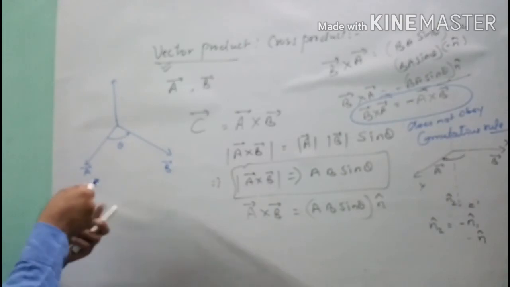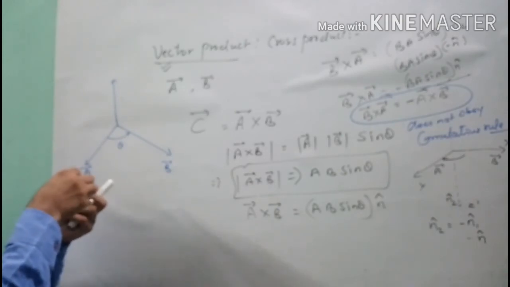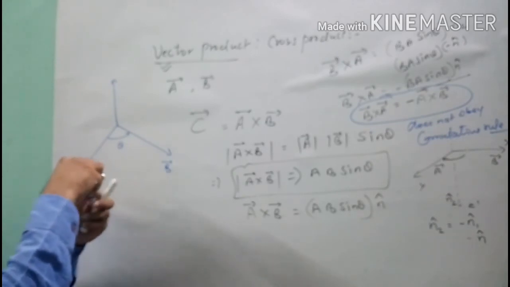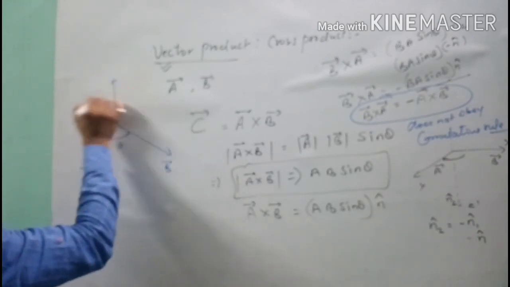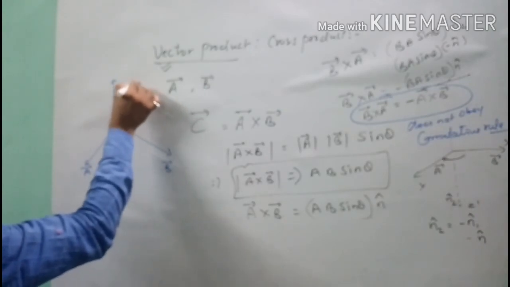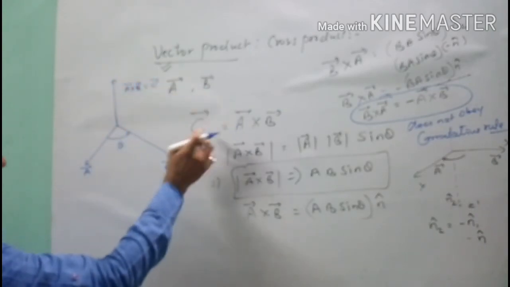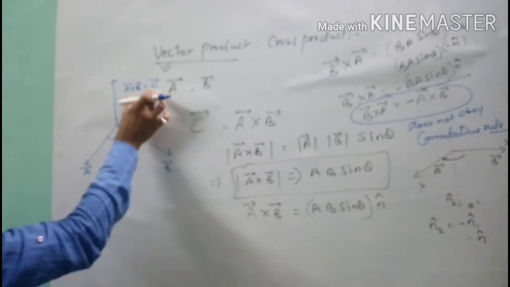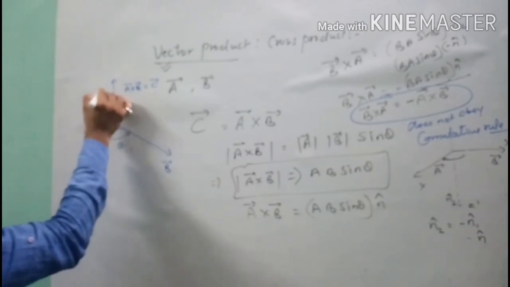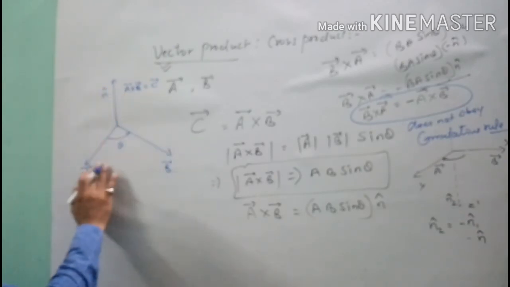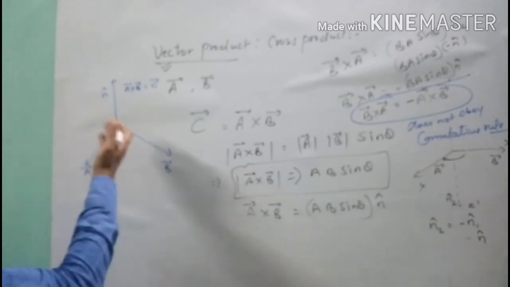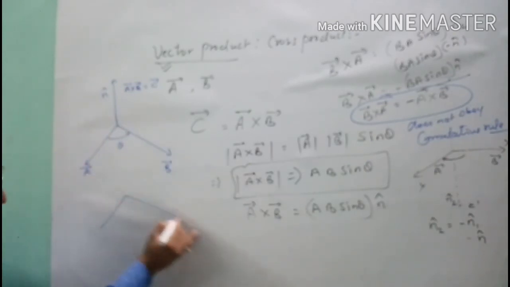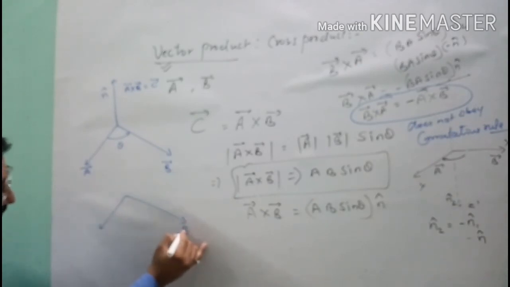That time, as you know, in which direction will the screw rotate? When the screw rotates in the anti-clockwise direction, the screw will come out. So this one will be the direction of A cross B, which is noted by C, as I have done here. So the C vector will represent the direction of the unit vector which is normal to A cross B and perpendicular to the outward plane.